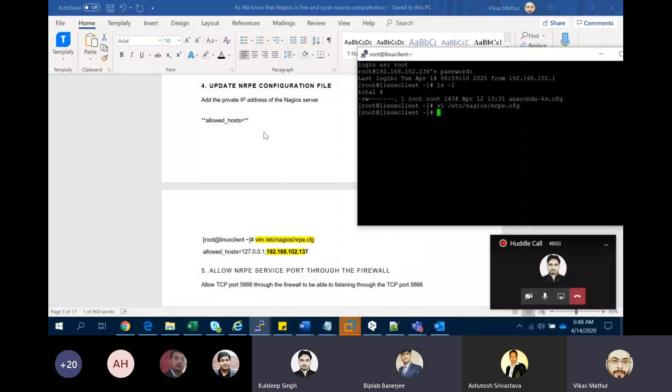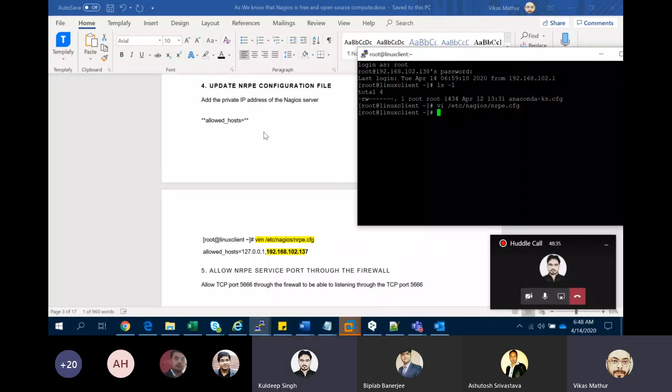There is nothing as such that we need to add. This is the IP address of a particular server machine. Even if you have a collection of machines, like 10 VMs, and you want to add that network to monitor, there is nothing like that. We have to specify only one server machine.